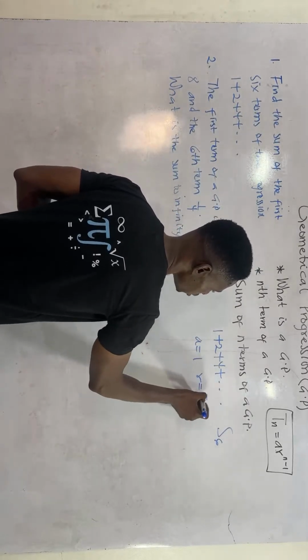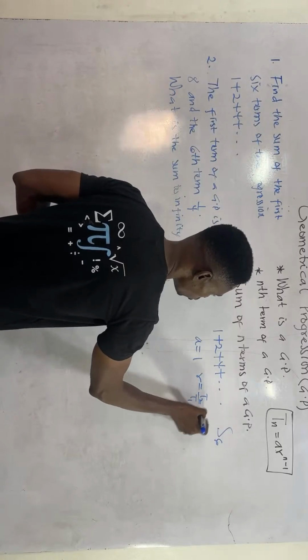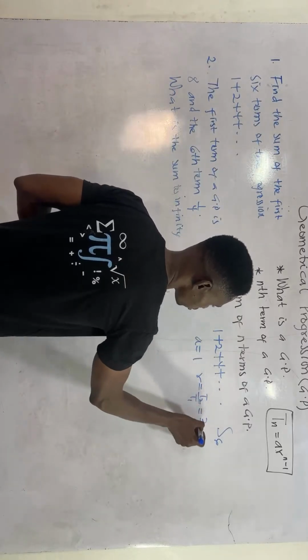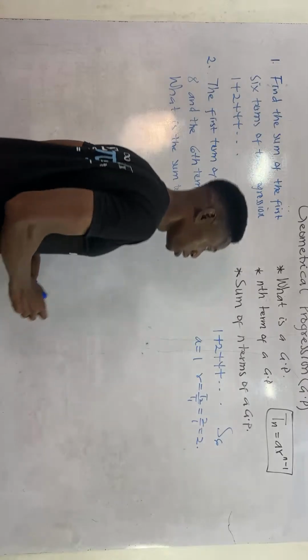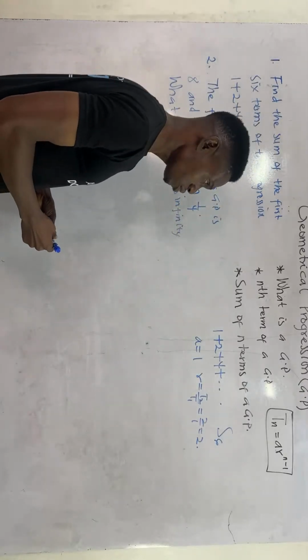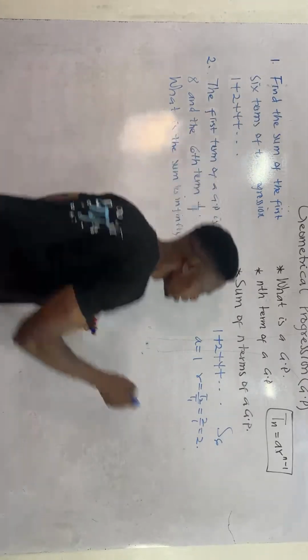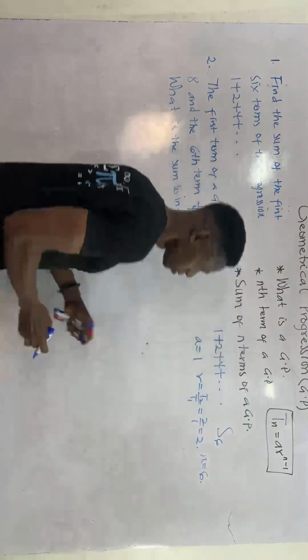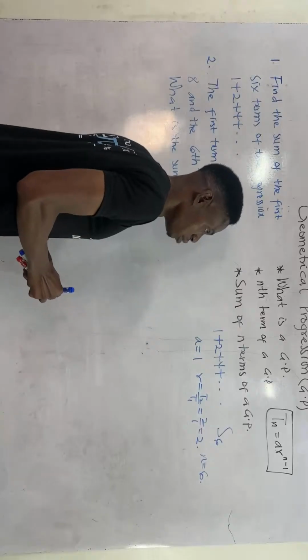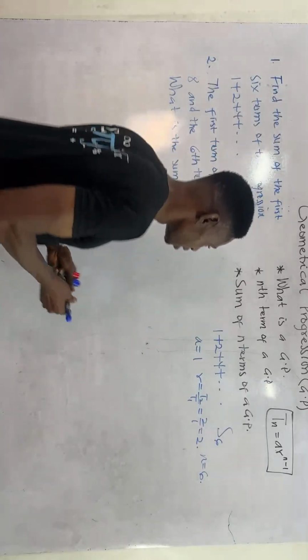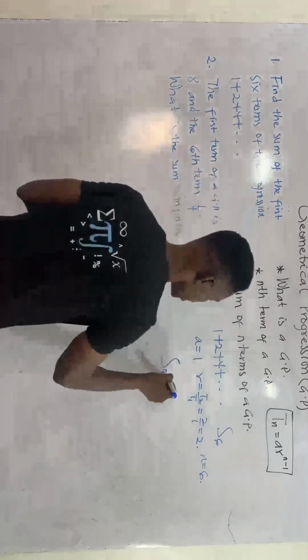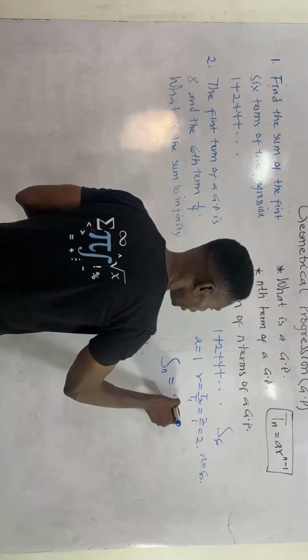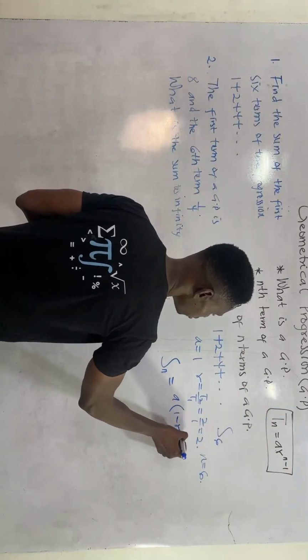Remember, our R is T2 over T1, which is 2 over 1, which is 2, isn't it? What's our n? The number of terms we are looking for is 6. Now, remember our formula. The formula says that Sn equals A into 1 minus R raised to the power n